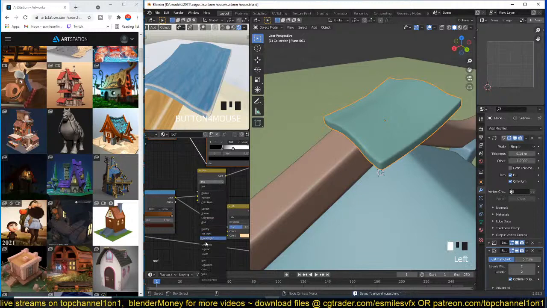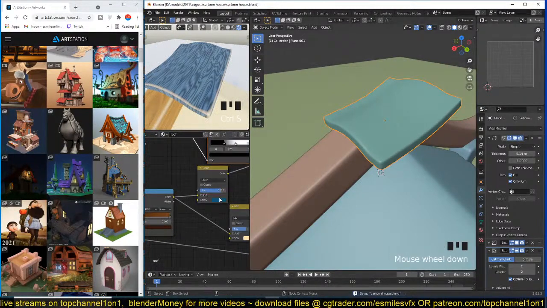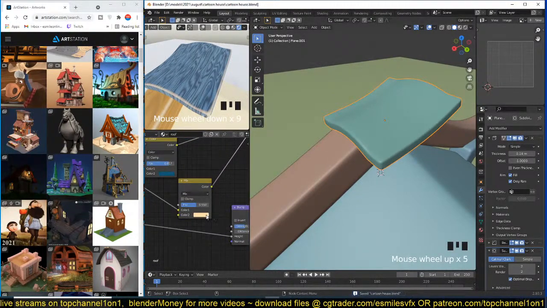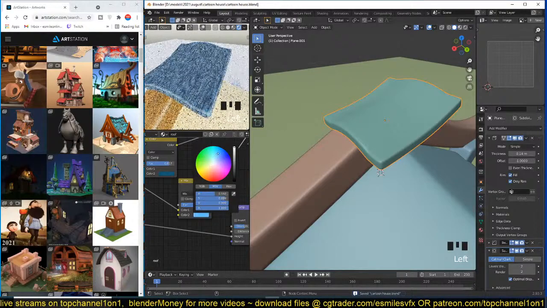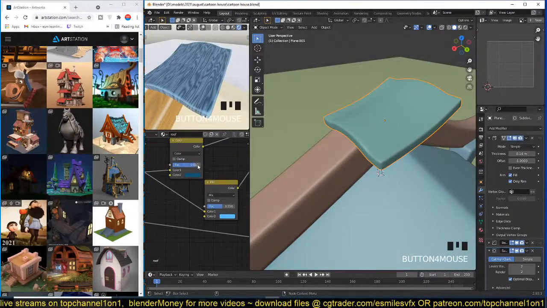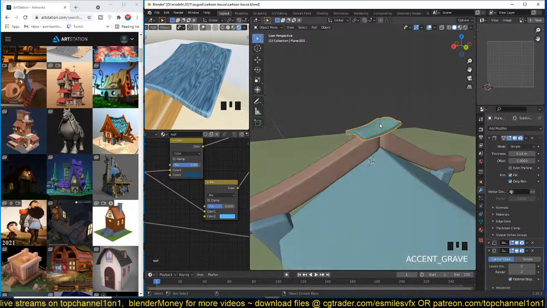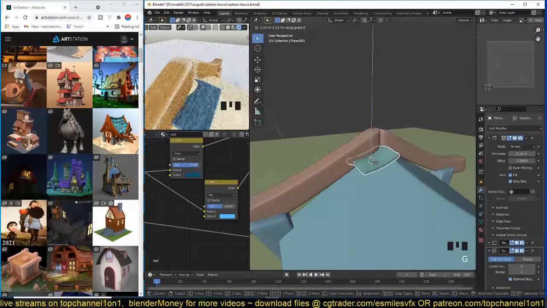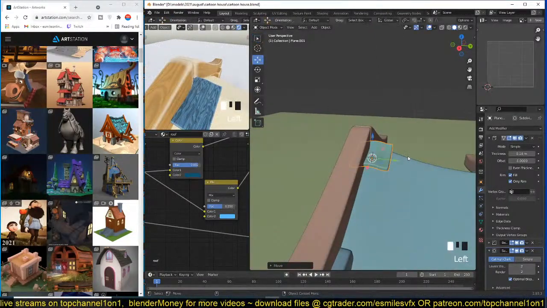We can change this to color so that it kind of, and maybe this too, we can make it a little bit bluish. And actually I don't want the color to be too pronounced, but I think this is going to be okay for now. So now we can bring this in,